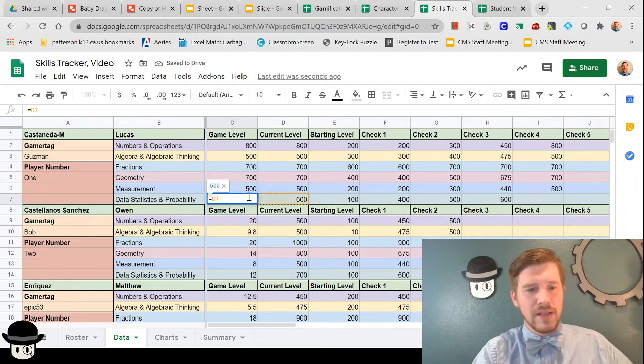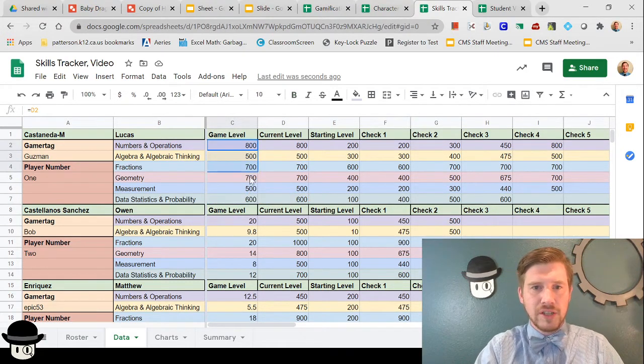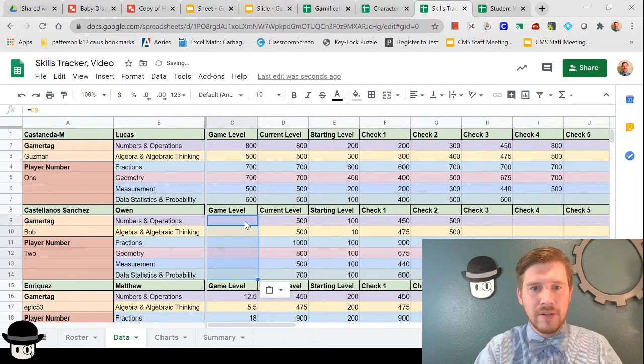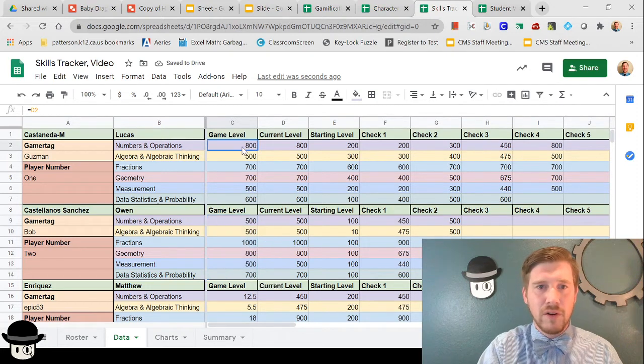And now what I can do is I can copy that whole section and I can paste it in the next section down, and it figures it out, right? It figured out, oh, I'm just going to pull that information over. Or if there's some sort of